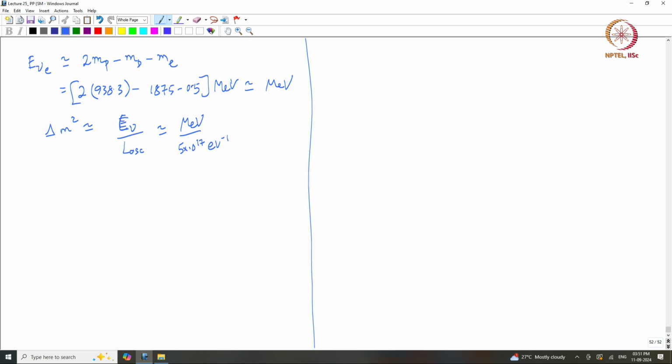What is that? This is 10 power 6, let us just call this 10 power 18. I just wrote MeV as 10 power 6 eV, and 5 I am taking as 10 roughly. It is just an order of magnitude estimate. So, I have this, that is 10 power minus 12 eV squared,